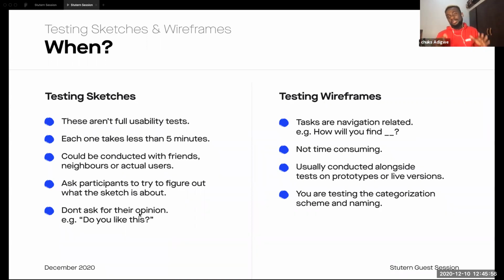And the good thing about this is sketches at this point in time are not full usability tests, right? You're not going to ask someone to make a lot of sense from boxes and circles that you scribbled on paper. The objective is for you to ask the participant to figure out what the sketch is about. It's just very simple. And if you notice, I said each one will probably last less than 5 minutes. So imagine you're in the office and you sketch something out on paper. You can take it to a friend right there in your office and say,